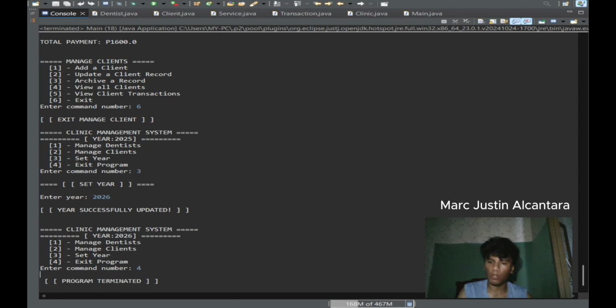So now this walkthrough covered every feature of the clinic management system, from adding and updating records to handling transactions and also archiving entries. So we aimed for a clear, detailed, and unambiguous explanation of every aspect of the